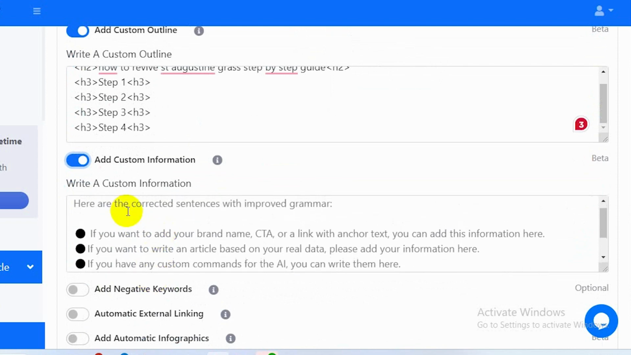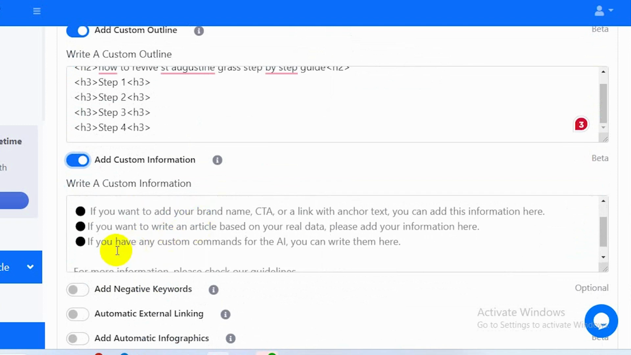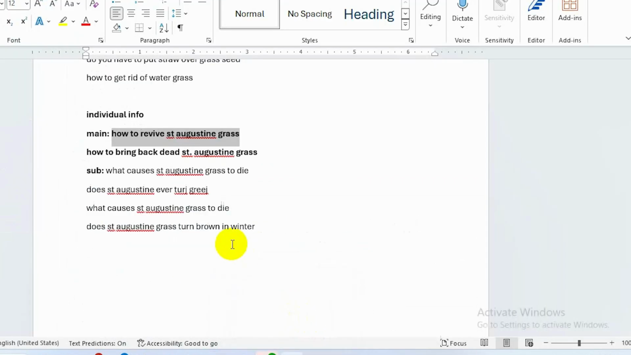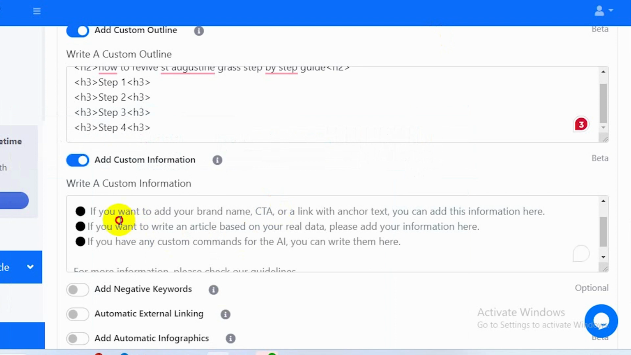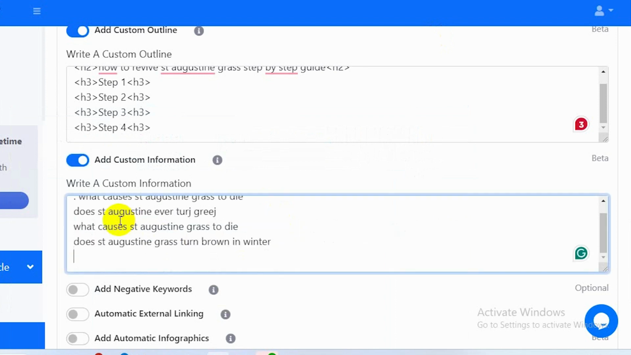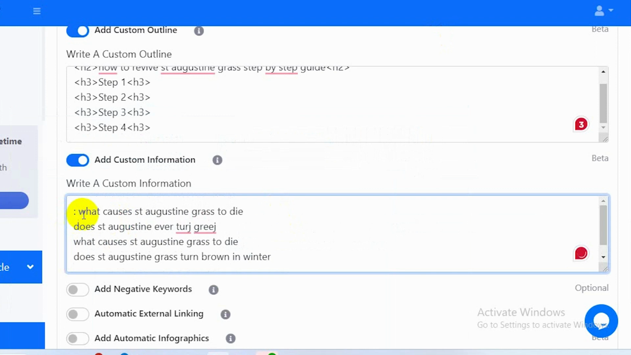Here is the correct sentence with improved grammar. If you have any custom command for the AI, you can write them here. So I have a custom command for my content, so that will be these 3 questions. I actually select this question as a subheading. So I put all those information here and then I write